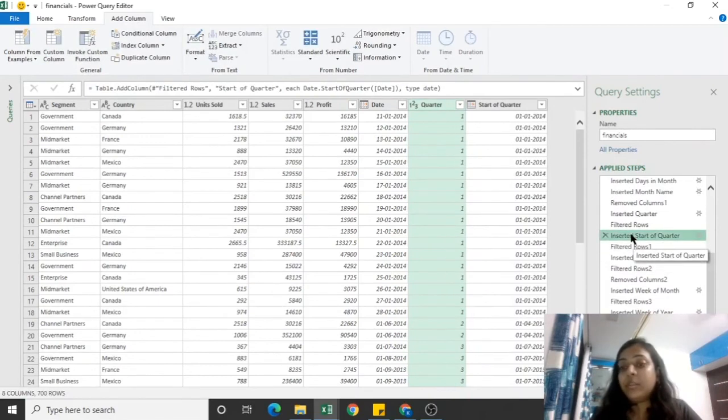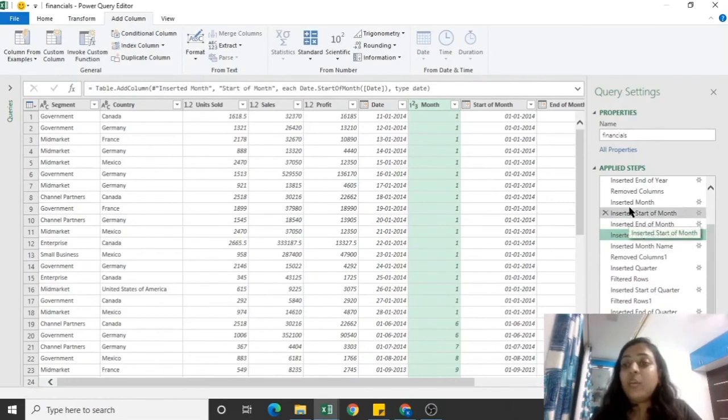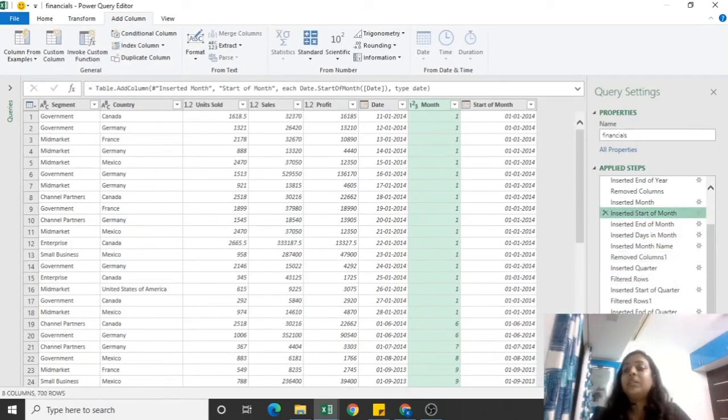So if I go to insert, you can see, I can go back and check my work also and remove the steps here. I think you have understood what I wanted to tell, that how we can analyze dates in Power Query. Microsoft have done a fabulous job just by giving a button over here. You go to add column and use that date button, so it was adding the column.